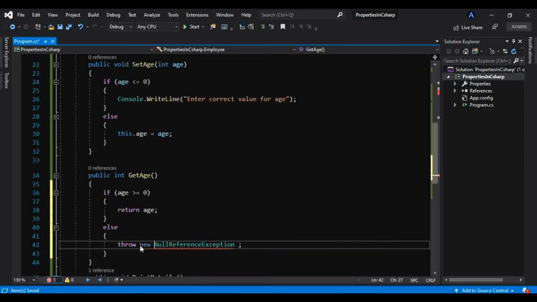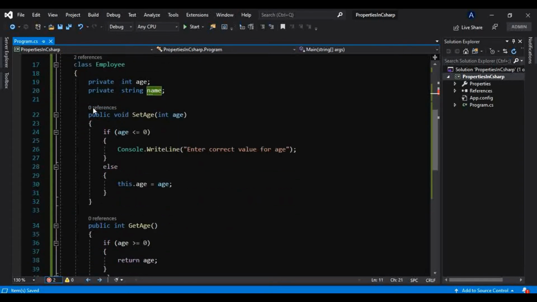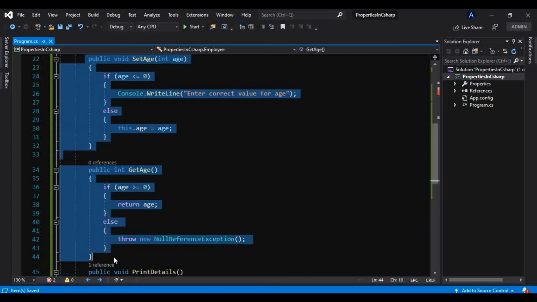And that should be an object like this. So don't worry about that, we will learn exceptions in great detail. So that's how we are now setting and getting that age, the private field from this class, through the public getter and setter. And again we will do the same thing for the name as well. So let me repeat that.